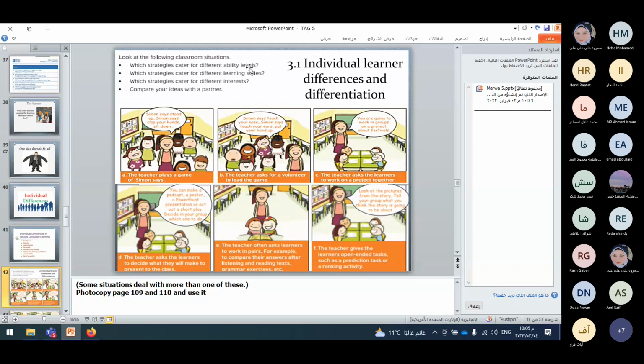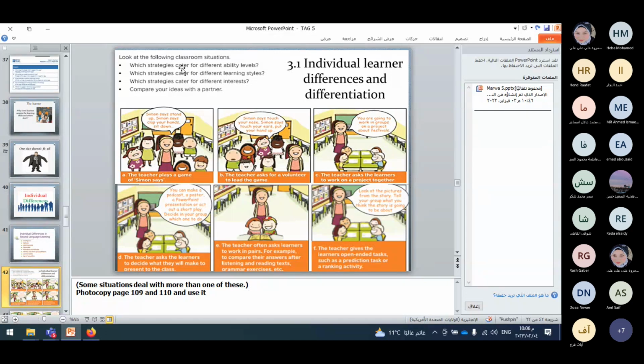Different ability levels, different learning styles, as we have studied before. Some students are visual, others are linguistic, others are interpersonal, some other students are intrapersonal, okay? Some are kinesthetic. Lots of learning styles that we have studied. We have ability levels. Some of them are weak learners, others are high achievers, high level learners, I mean. And within our classroom, we can find different interests, different preferences. So how to vary our methods and techniques and strategies to cater for